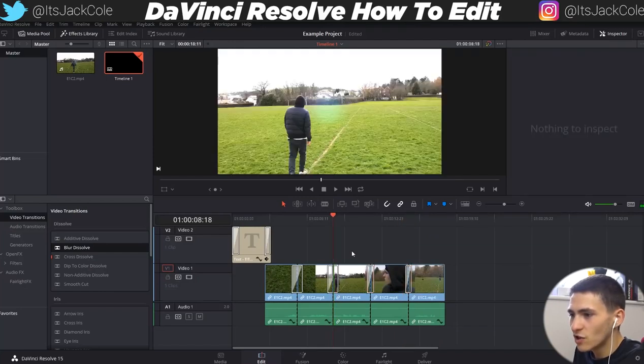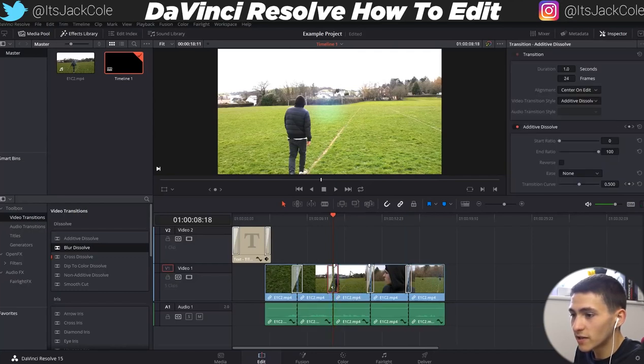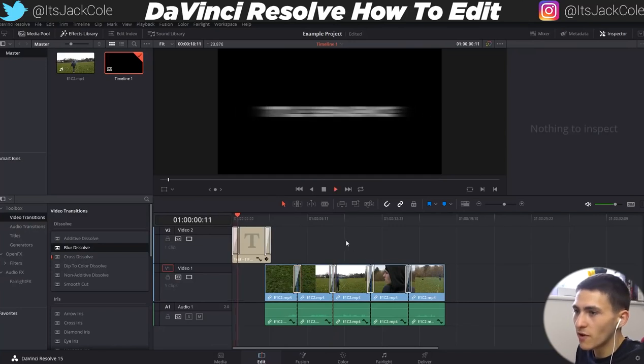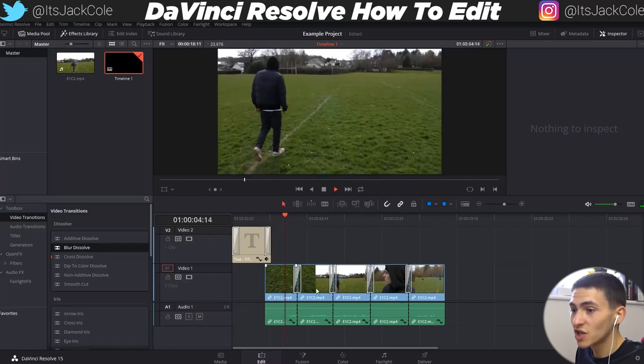So to do that, you would just literally click the actual transition. Once it turns red, you've clicked on it, and wait until your cursor changes, and you can drag it in a little bit, just making the transition a little bit quicker. And boom, if we give this a play, that is a title sequence now through the text, boom, transitioning on